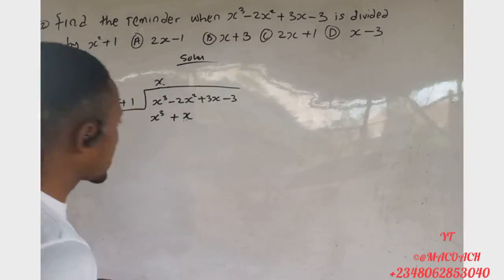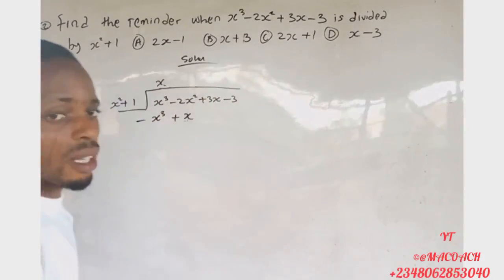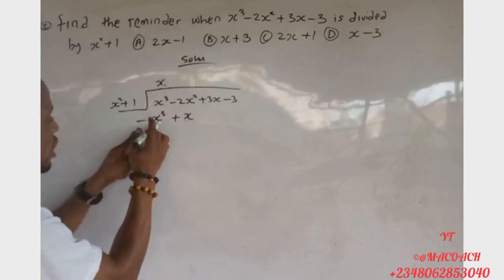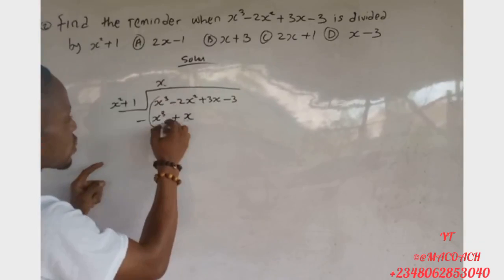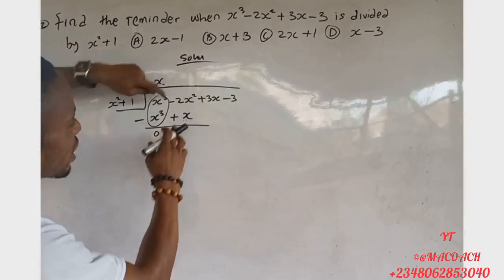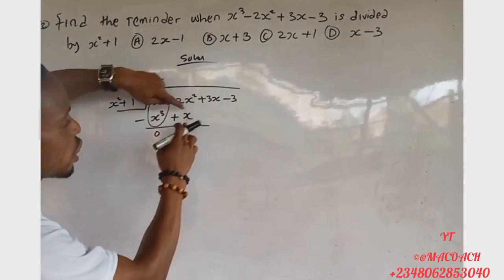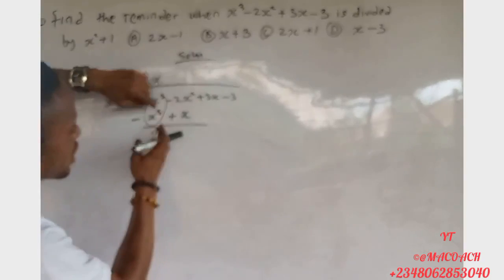Okay, so here the next thing to do is subtract. You subtract this one from this. When you subtract this from this, we cancel. This becomes 0. We have 0 here. Here we have s squared, and s here. So this one is subtracted from this. When you subtract this, you have 0 here